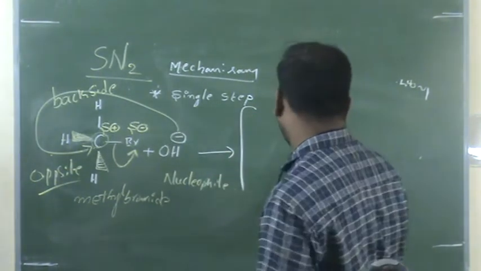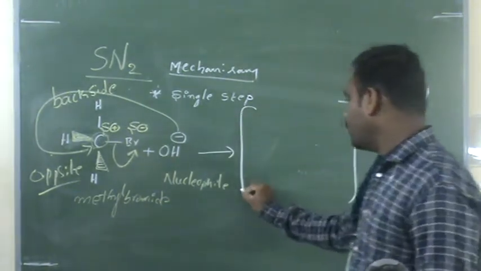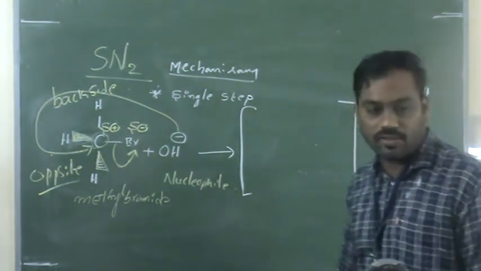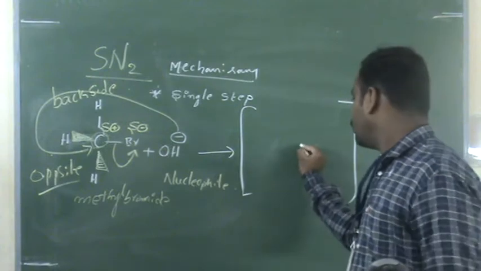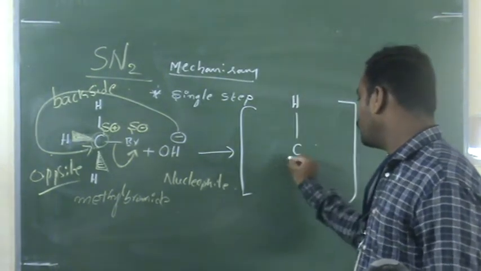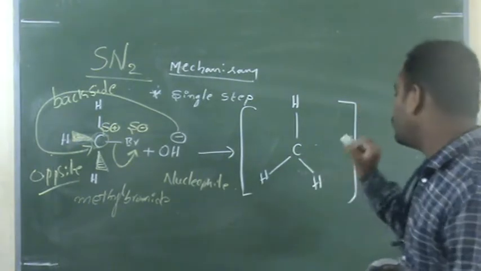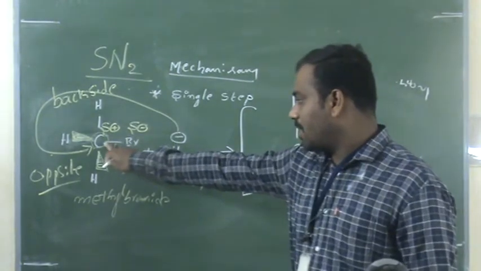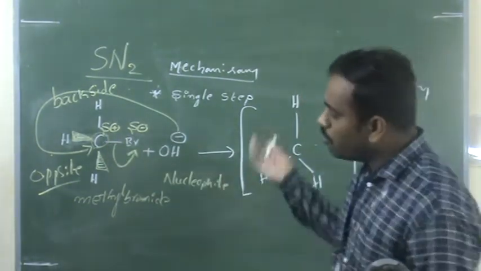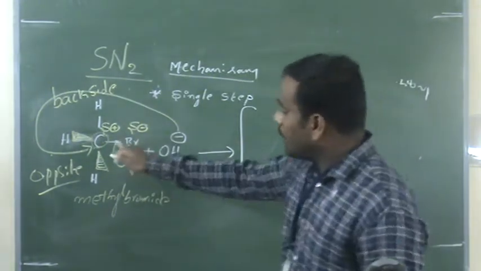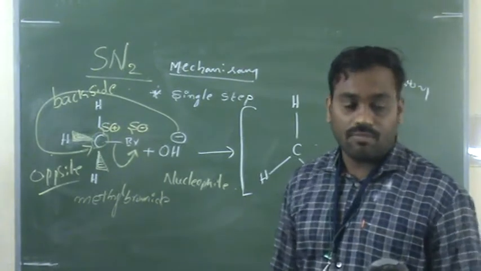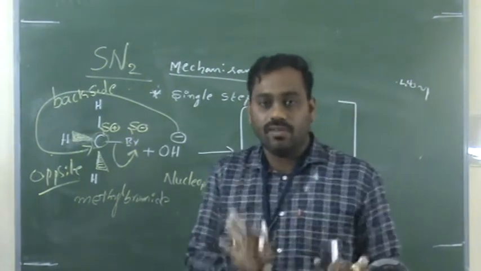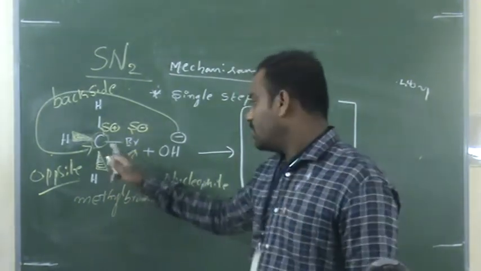Clear? Then automatically there is a formation of what I mentioned, that is called the transition state. Always keep in mind, a transition state we have to indicate in closed brackets. Following all of you? So this is a transition state. There are hydrogens present. Still in a transition state, no one is going out. There is just a partial bond breaking between the carbon and Br. No doubt Br is leaving from that carbon, but it means there is not complete leaving, guys. There is a partial bond breaking between this carbon and Br.